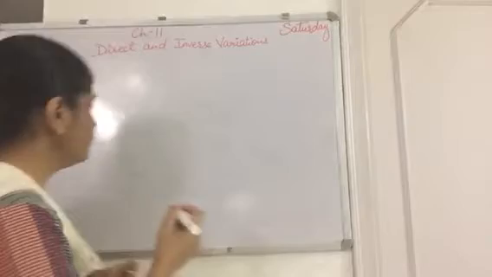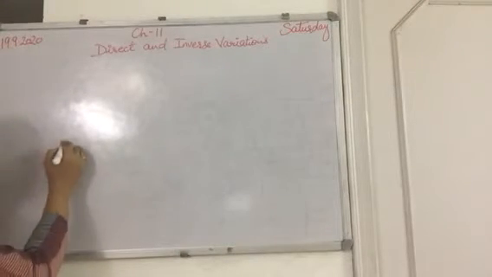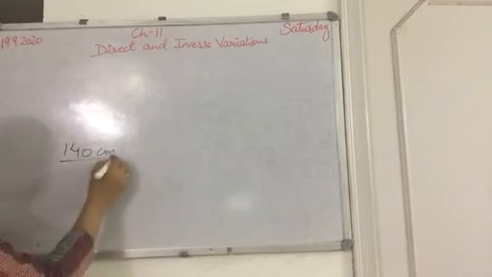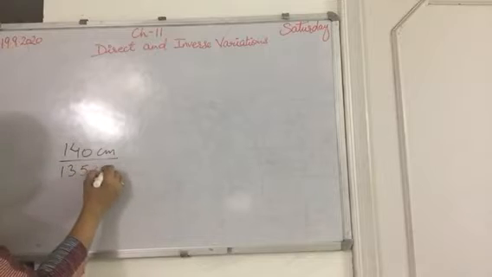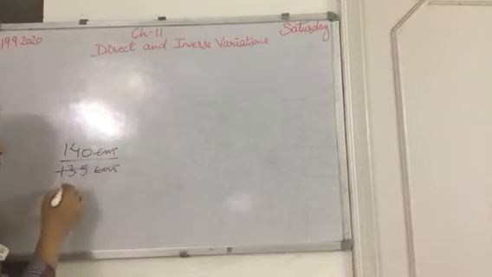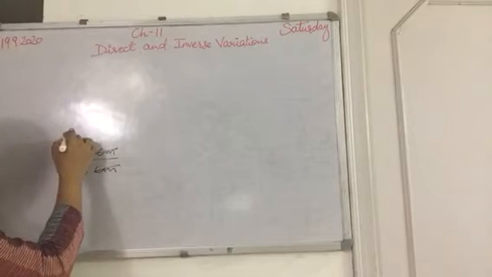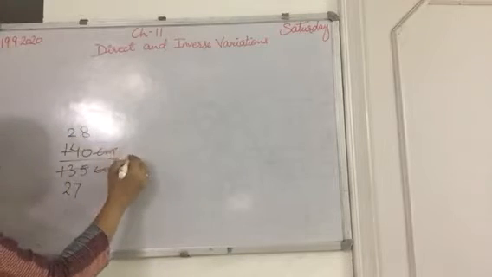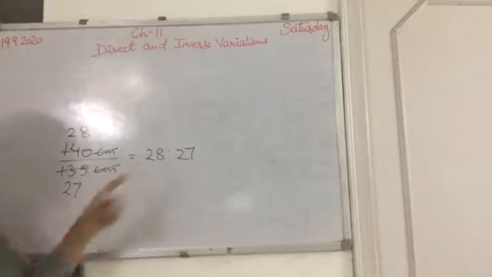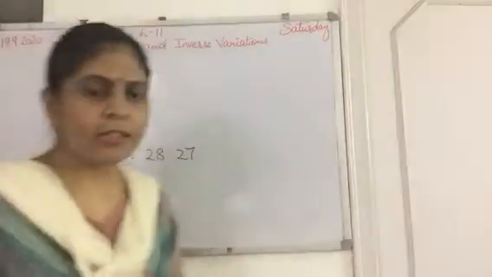For example, if we talk about the height of one student as 140 centimeter, and another one is 135 centimeter. Yes, so what we do, we cut centimeter and centimeter, and convert it into the simplest form, 28 and 27. So the ratio will be 28 is to 27, and this is what we call 'is to'. Yes, this is called a ratio.